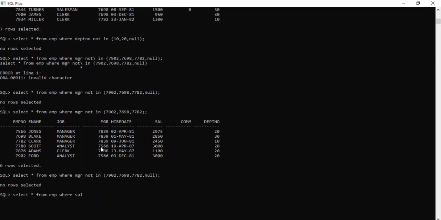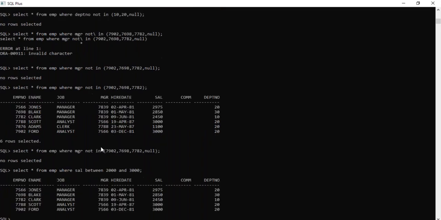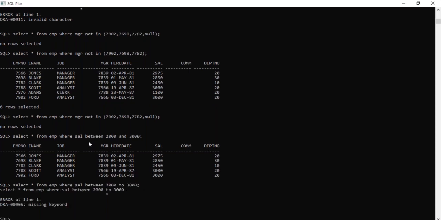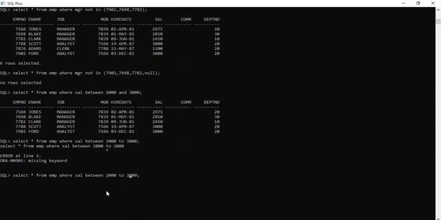Make sure that the AND operator works with between. If you write it another way, many people do like this and it will get an error. Between and then the AND condition should be there. Now the same thing, if I want the data where salary is not between 2000 and 3000, the rest of the data, you can use not between.